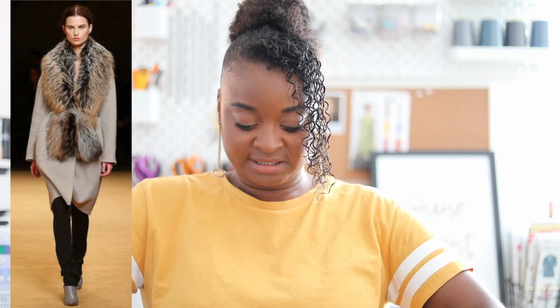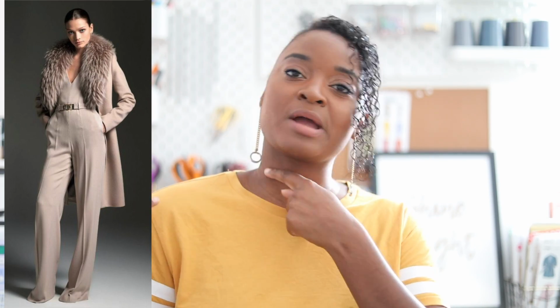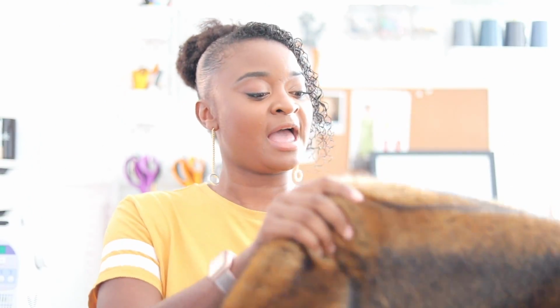I want it to wrap all the way around, and because the coat will probably pin here, it's going to go all the way around and down. So I want it to really be quite big. I might make it quite wide so it takes up maybe half to almost all the shoulder. So I've got enough to be able to do that. And if you look, when I flip it over my shoulder like this, it will have this kind of look,